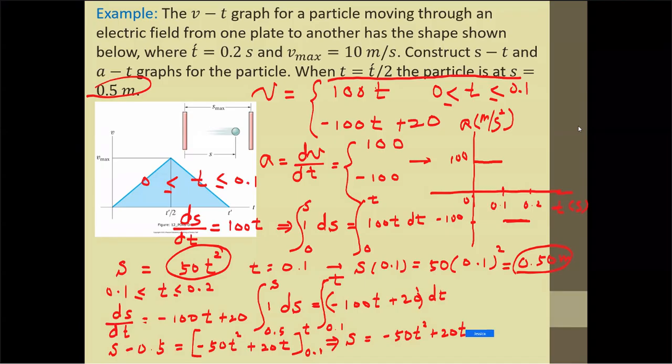And plug in 0.1 into t here. You can evaluate negative 50 times 0.1 squared, that is negative 0.5, plus 20 times 0.1, that is